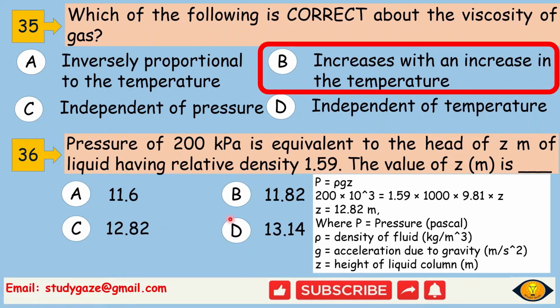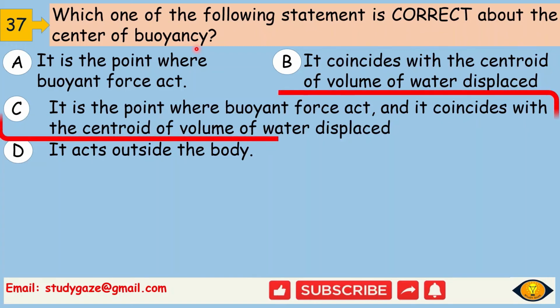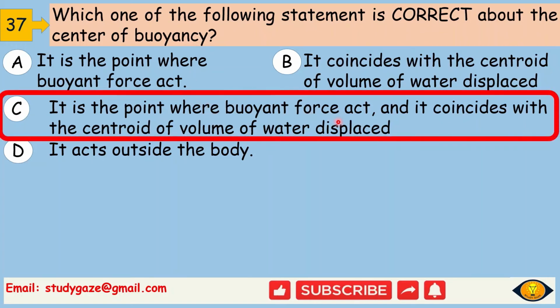Okay. So next, which one of the following statements is correct about the center of buoyancy? So the correct statement is, it is the point where the buoyant force acts and it coincides with the centroid of the volume of water displaced. Next,